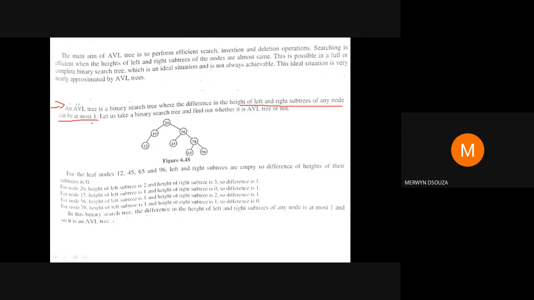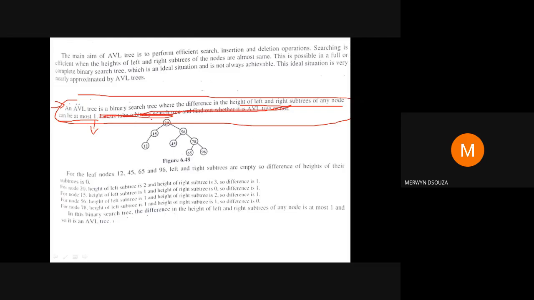Now let me tell you, this 1 does not mean it has to be 1 only. There are 3 values that an AVL tree node can have, and you need to note this down. While writing the definition, you will write it like how it is given here. Obviously you won't write this part. The rest of the line is your definition, but the 3 values that a node in an AVL tree can have are +1, 0 or -1. So these are the values that a node in an AVL tree can have.